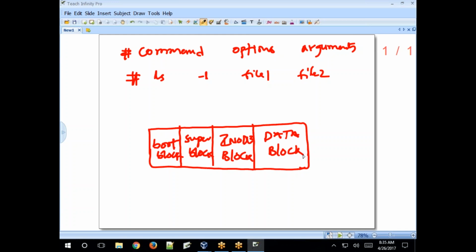This is the basic raw structure of your storage device. The boot block contains the bootable information. The super block contains file system information, not files, the file system.